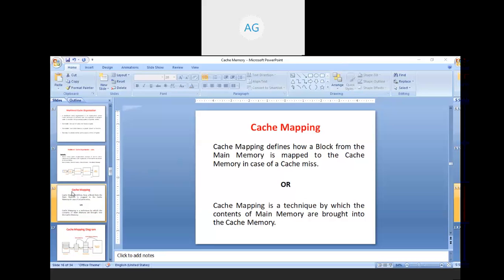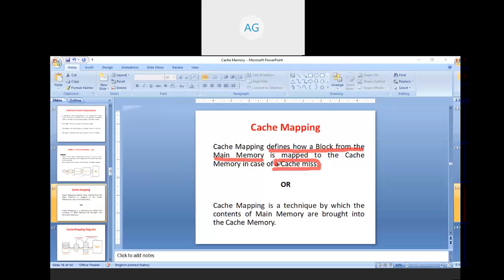So this topic is very important from examination point of view. So let's discuss it. First, the definition of cache mapping. Cache mapping defines how a block from the main memory is mapped to the cache memory in the case of a cache miss. Here comes the concept of cache miss, because